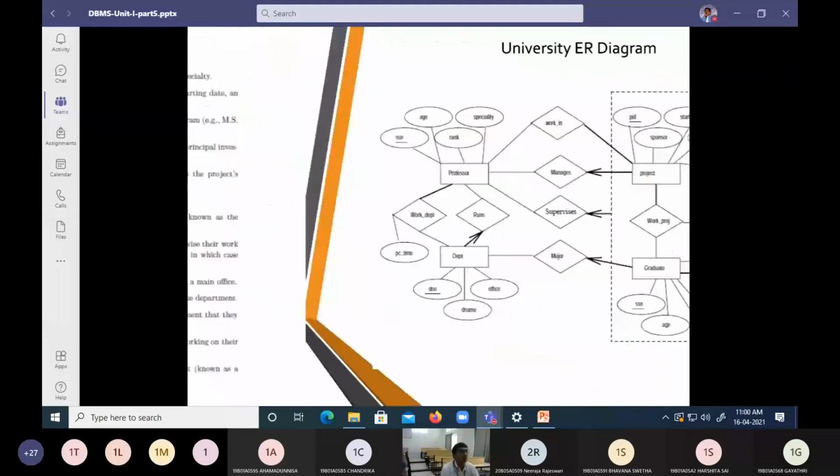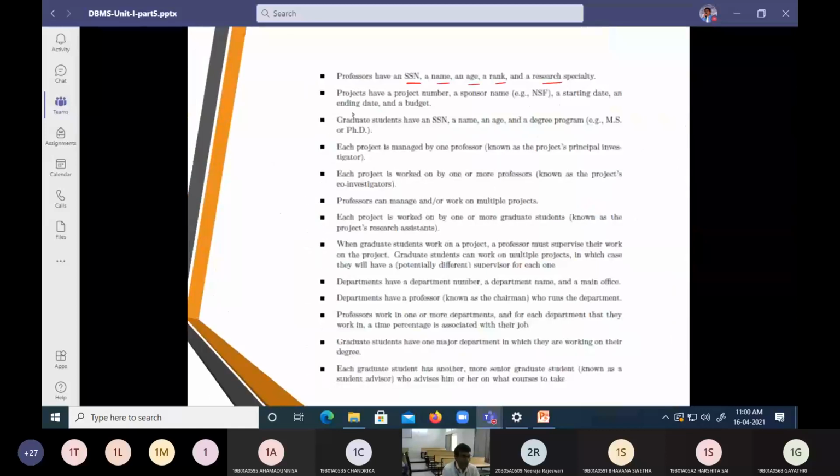Similarly, we have an entity set called project, and a project should have a project number, a sponsor name, when the project begins, when the project ends, and how much the project costs. So a project should have a beginning date, an ending date, and a budget.